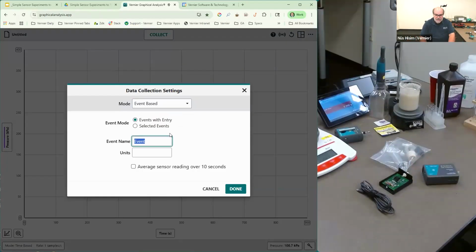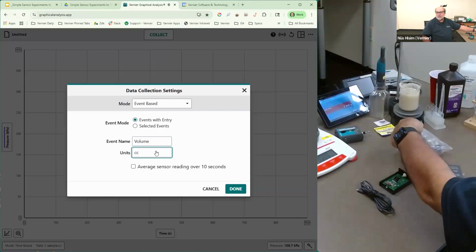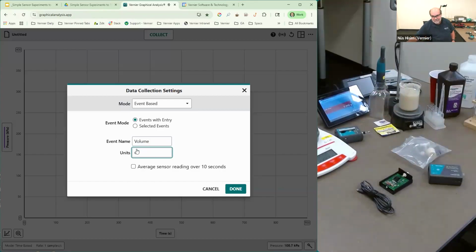My event is going to be the volume of the gas. And I am a bit of a unit Nazi. And with gases, I prefer cc's. With liquids, I like milliliters, but we did write the experiment to match the syringe, because that's what the syringe is marked as. So I'm going to go ahead and be consistent,